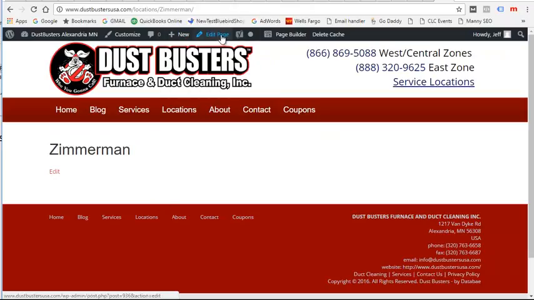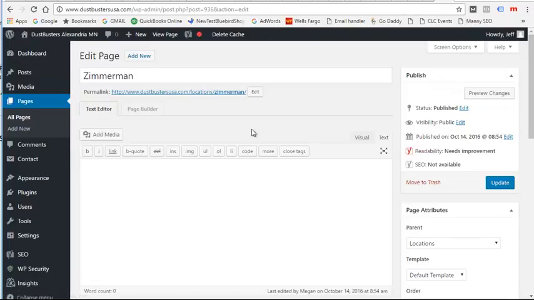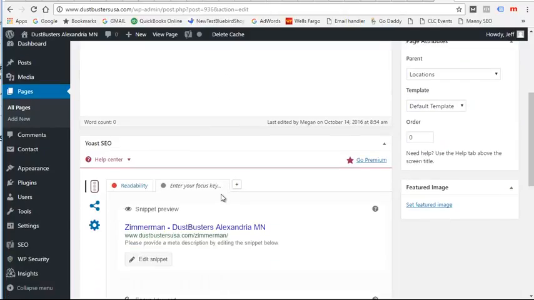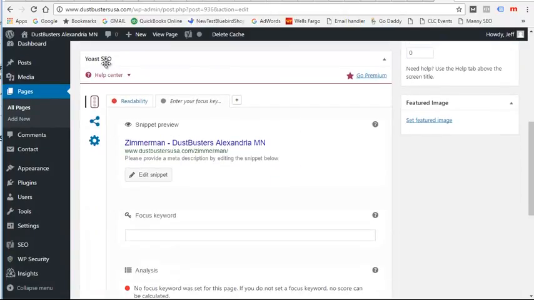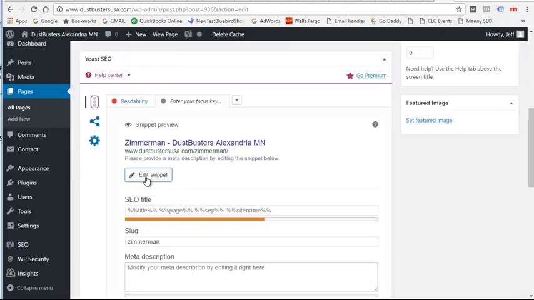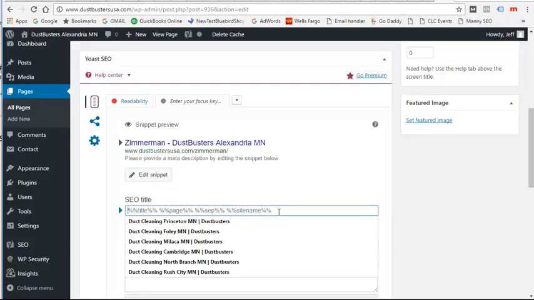If I just click edit page, or I could click it here. I'm not going into page builder now, and this one doesn't have page builder active yet, so you could actually do other stuff, but we want to use page builder for everything. So once you use page builder, you'll be using a template and all that. Okay, but down here, the Yoast SEO section is just kind of pre-filled in, except for that part. So we want to say edit, and then we would just take out all of this